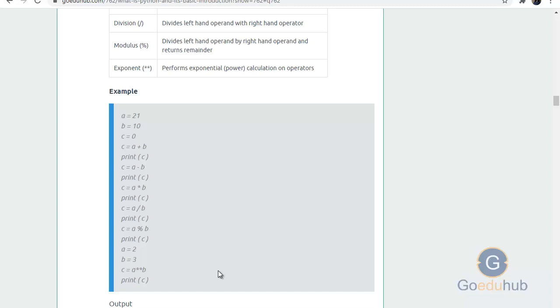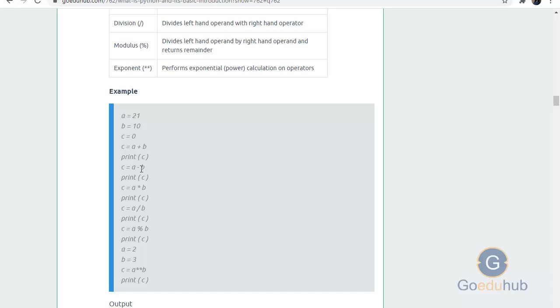So we will do an example of arithmetic operators: a is equal to 21, b is equal to 10 and c is equal to 0. c is equal to a plus b means it will give the summation of the two operands a and b.